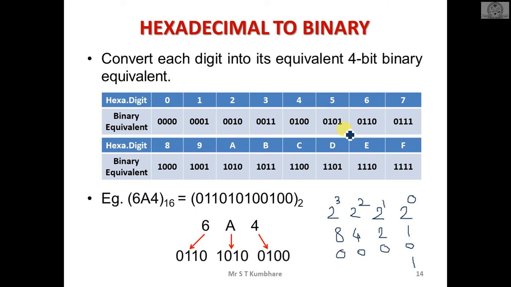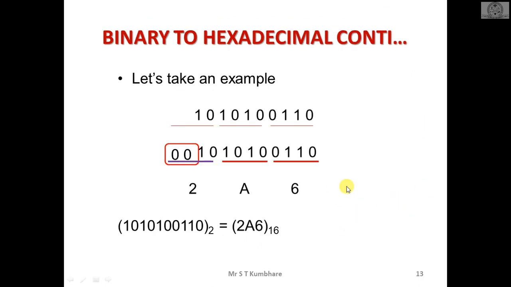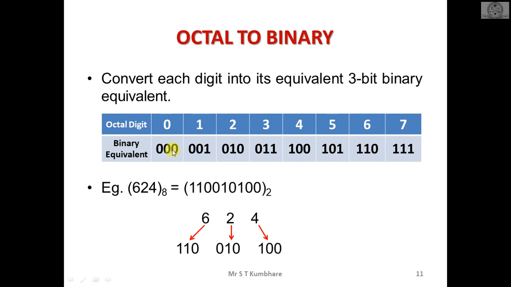Vishita is asking for the octal to binary equivalent. Let's go for it. Octal to binary equivalent. Now, in the exam anyone may give you an octal number like this. Just neglect this part. What you have to do is segregate these digits. So here the digits are 6, 2, 4.